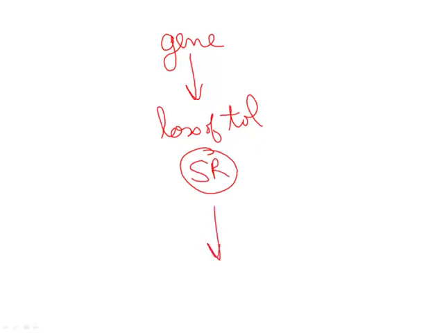result in some sort of loss of self-tolerance. And when there's a loss of tolerance, we assume that the patient is going to generate some sort of self-reactive lymphocyte. Now, this self-reactive lymphocyte, 1 or 2, for example, is not going to be able to generate autoimmunity. In order to get autoimmunity, we're going to need expansion of the population of self-reactive lymphocytes along with activation of the self-reactive lymphocytes. And so in order for that to occur, we also require, along with genetic susceptibility, we also